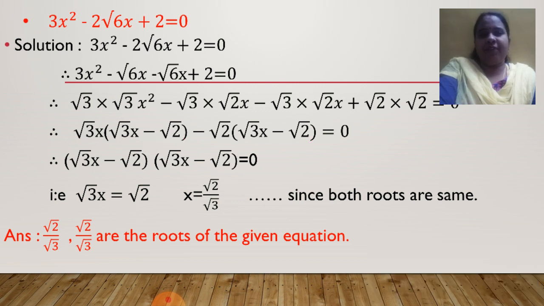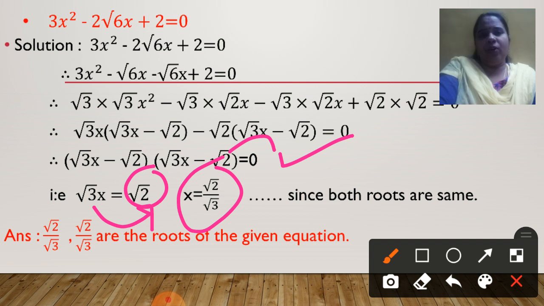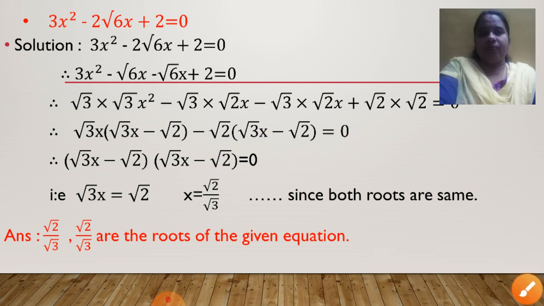It means whatever we have done is correct. And then you can exactly do by the same way what we have done. See, again we are getting same roots. So we are not going to write it two times. We will simply write it once. Root 3x minus root 2 is equal to 0. Shift this root 2 this side. It will become plus root 2. From here we can get the value of x if I divide it. So x is nothing but root 2 upon root 3. We got the answer. Same answer we are getting two times. So we are writing this as the final answer. Root 2 upon root 3. Root 2 upon root 3 are the roots of the equation. They are equal roots. Okay.